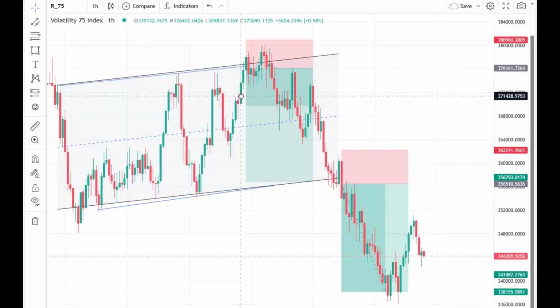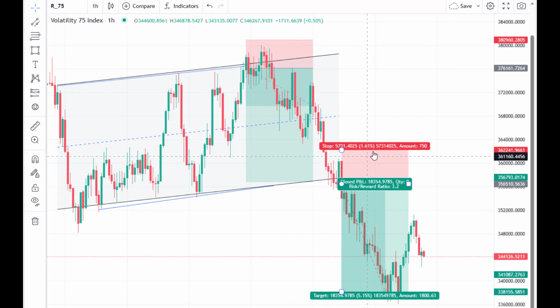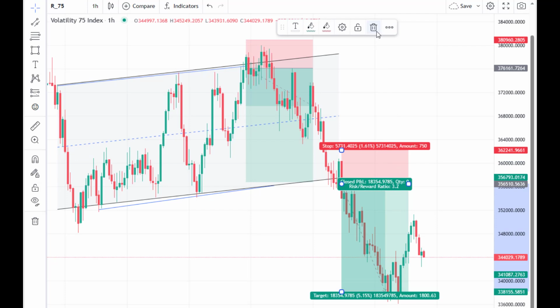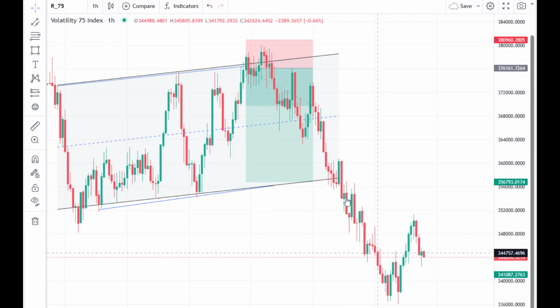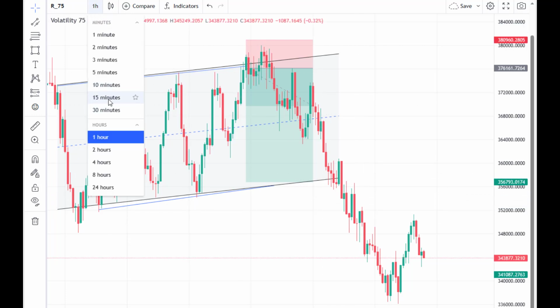Now you see that what happens in a bigger time frame can happen in the small time frame. Now there's another thing I'm about to show you guys. Within this trend, if you look at this move here, within this move we had many trading opportunities still based on the trend line. It will depend on who is trading, day traders, or maybe even scalpers. Now if you drop further to the 15 minutes time frame,